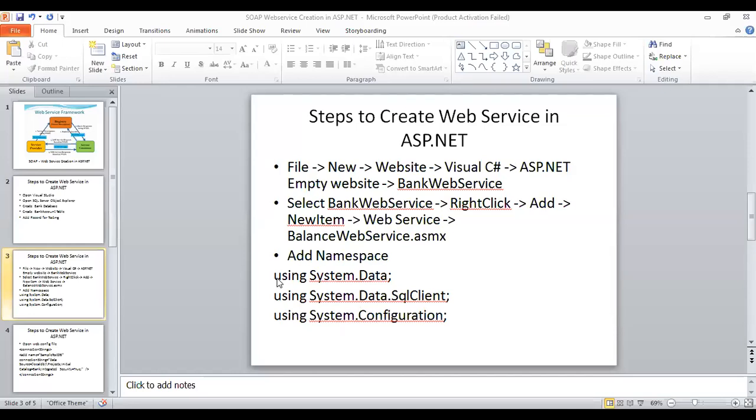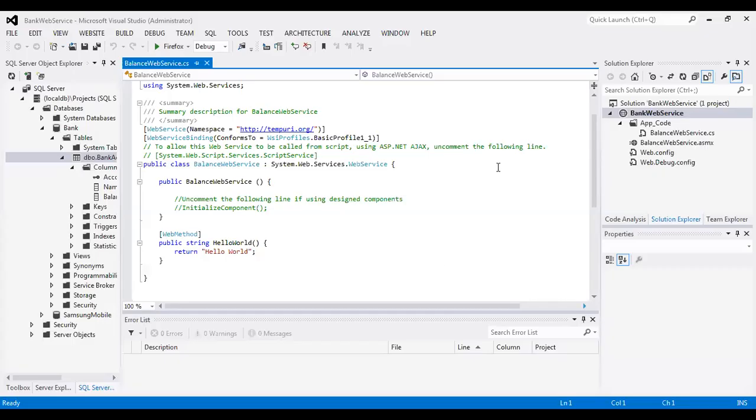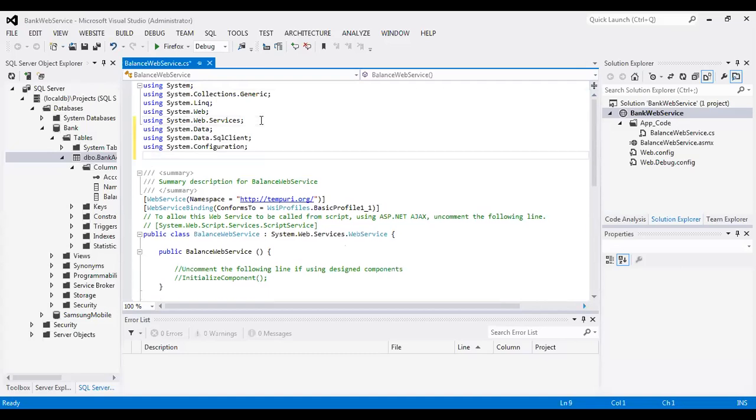So I'm copying this information from here. Control C. So for web services we require three namespaces. These three namespaces are using System.Data, because we are connecting to the database, then SqlClient, again used for fetching the data, and System.Configuration.